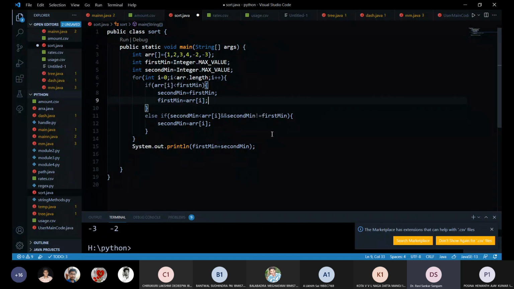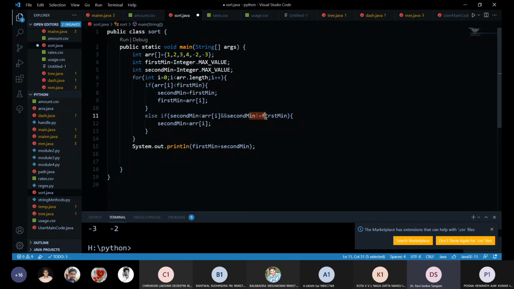So what you are doing is taking some maximum value as first minimum and second minimum, right? Yes, sir. If the current element is less than the first minimum, then the existing minimum you are keeping as the second minimum and updating the first minimum. What if the first minimum is repeated twice? Yes, sir, that won't come into counts. I mean, it will find the next minimum.